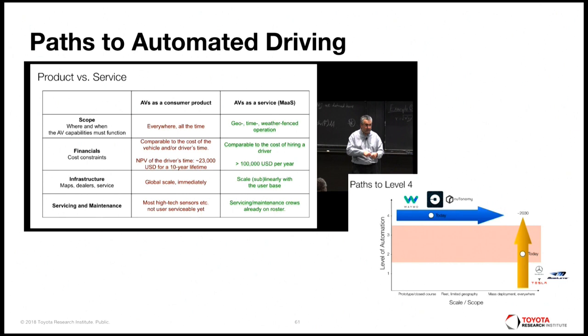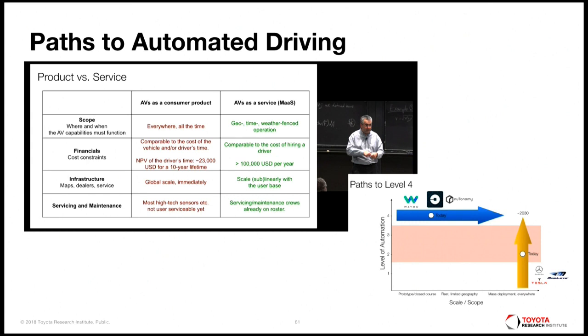Here it basically talks about the difference between product and service. An autonomous vehicle as a consumer product needs to be able to drive everywhere, all the time. The cost needs to go down because it's you and me that are buying it. Global scale, etc. AV as a service, mobility as a service, MaaS, or autonomous, like the Japanese call it, which is weird, but